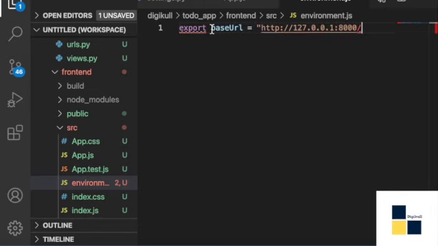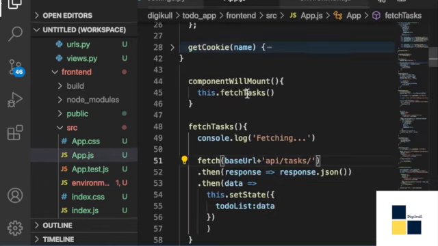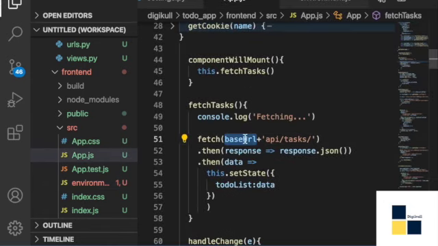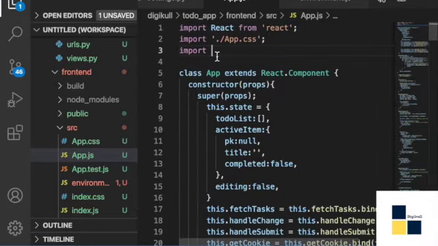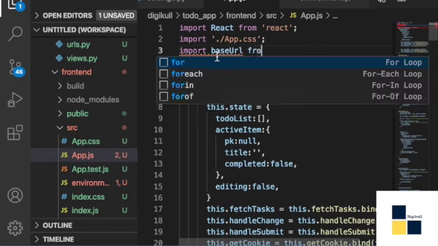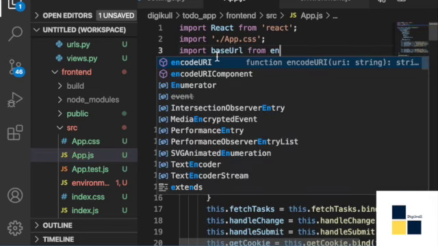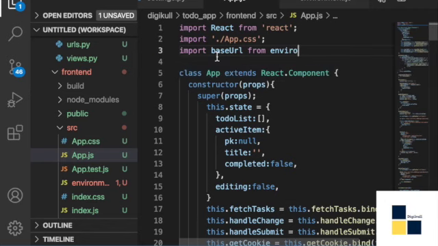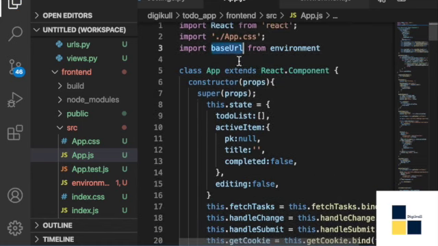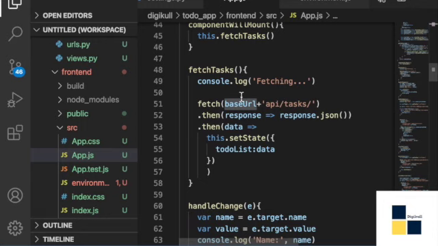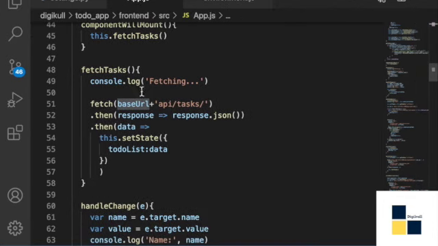This way, whenever you want to change your URL, you can directly change it there, and it can be directly imported. This is one of the good practices to follow. Now this base URL basically gives you all the tasks.